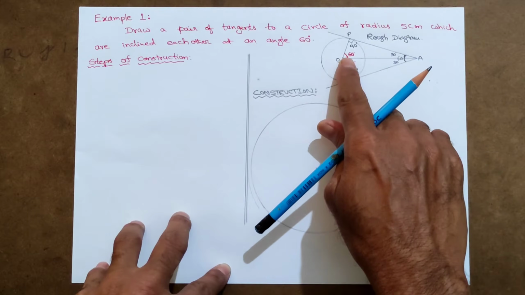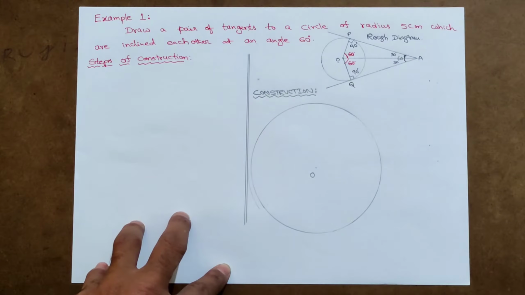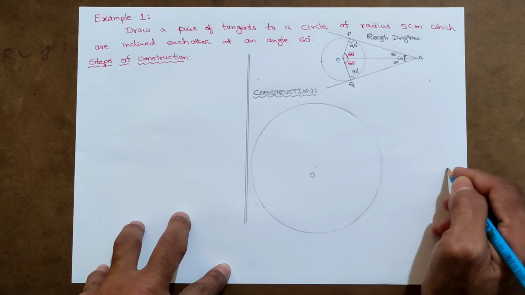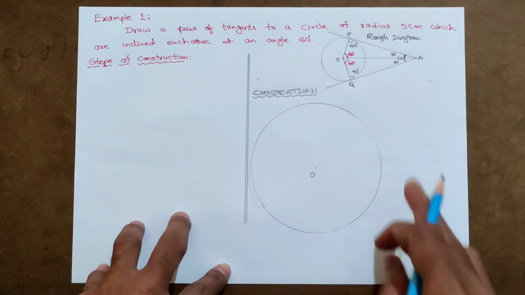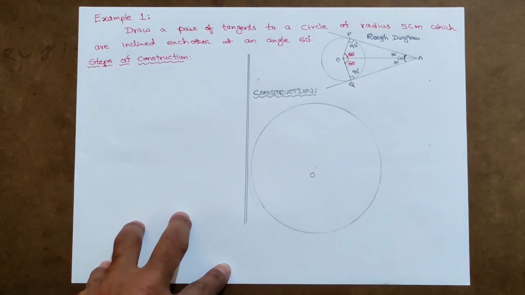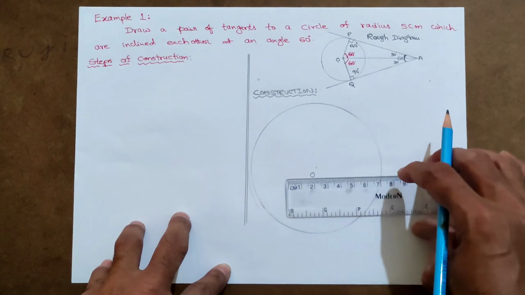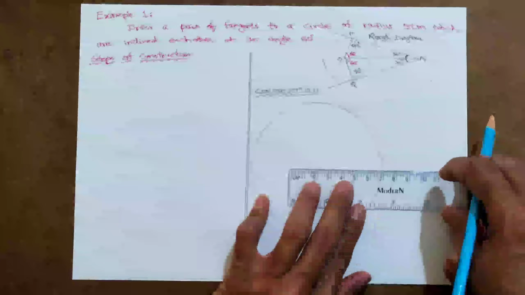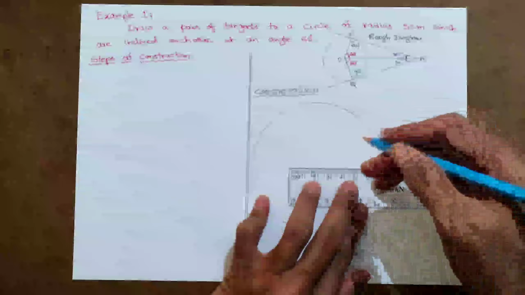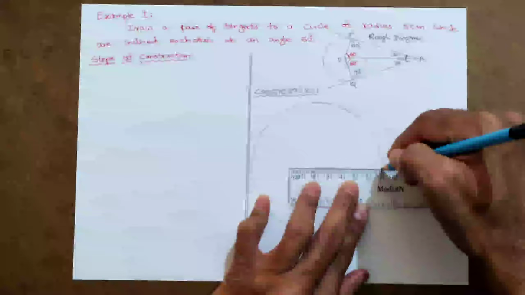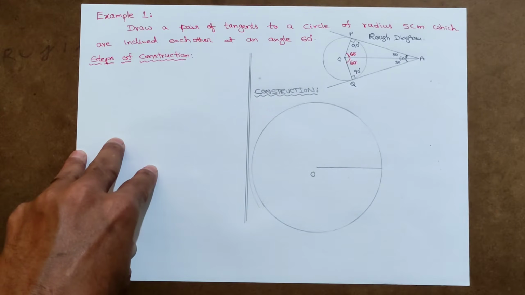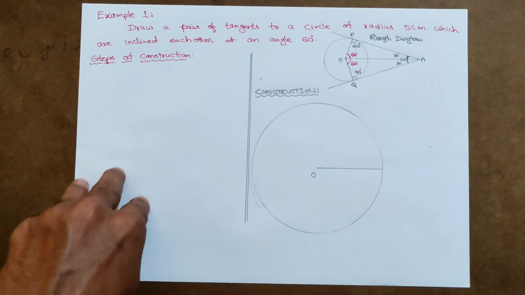From here we have to draw 60 degrees and consider a point outside of it. For example, here I am taking, okay, here from here let us draw radius. Now from this point we have to construct 60 degrees. So here